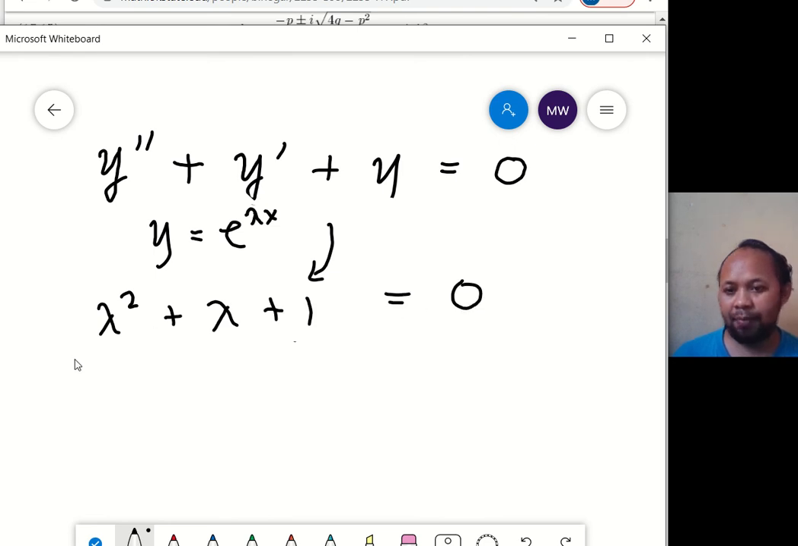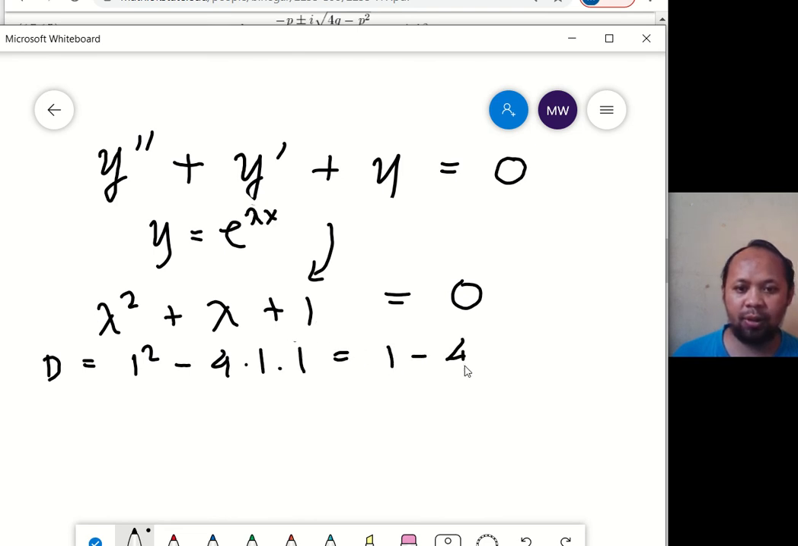Then we want to check the value of the discriminant here, which is 1 squared minus 4 times 1 times 1. So the value of the discriminant is 1 minus 4 equals minus 3, and this is negative. So the two values of lambda will be here minus 1